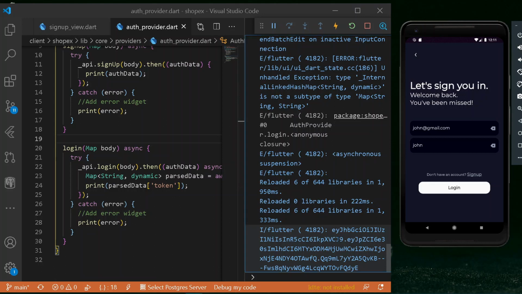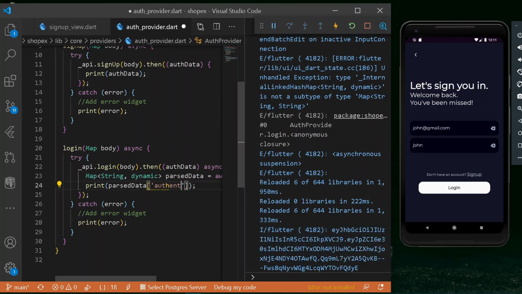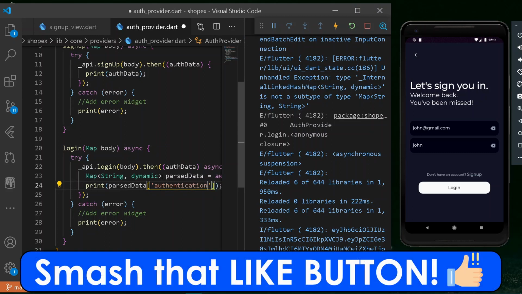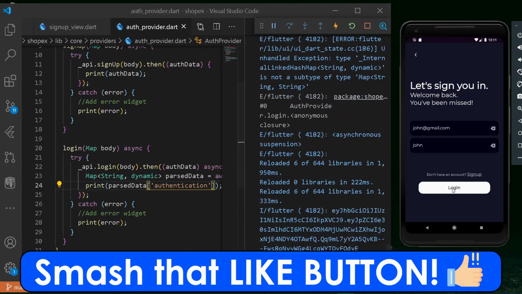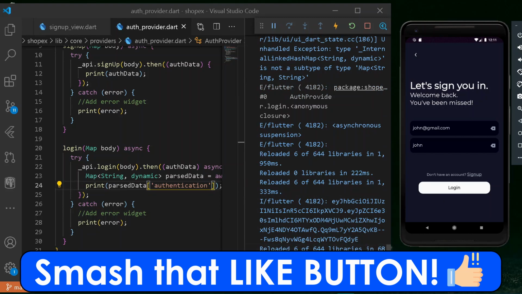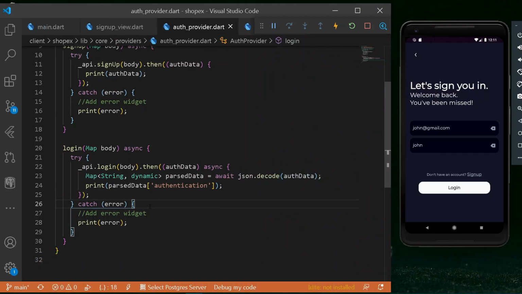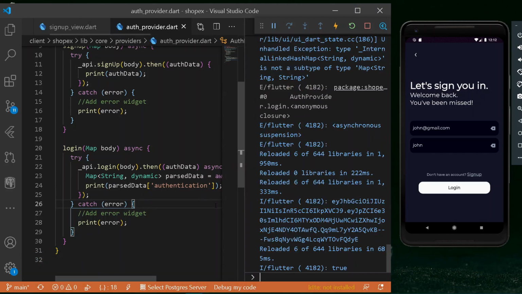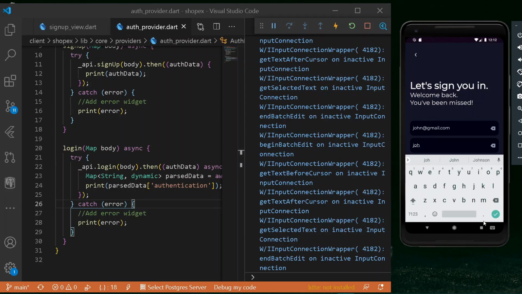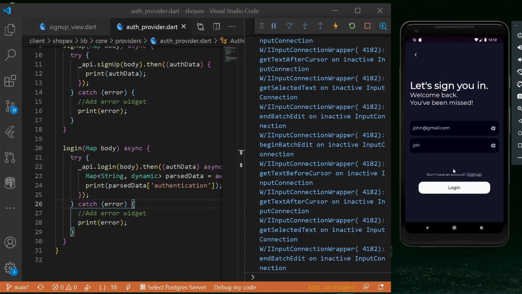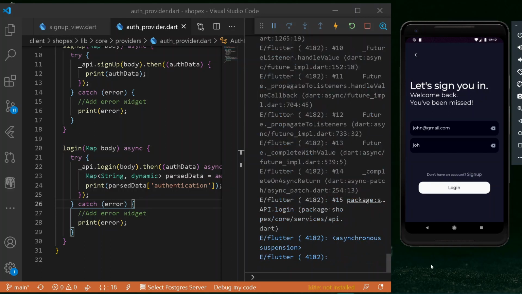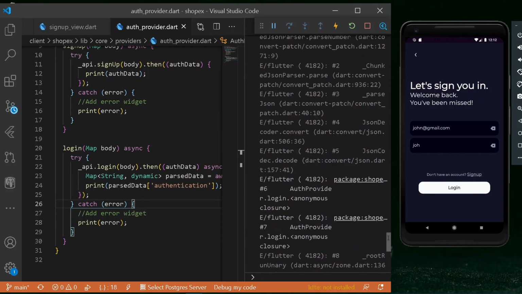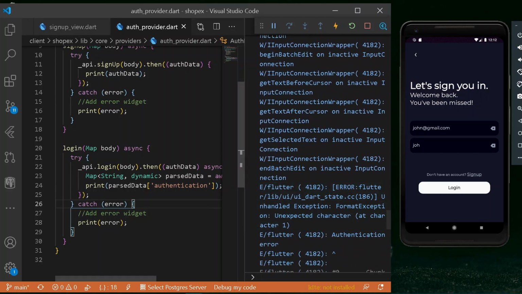Now you can see we'll be getting our following data of token, and if I try here authentication one, that is our boolean, and if I save it and log in under the application one more time, we are getting a true value and also a dynamic value, but we won't be needing this because the following data will be changing again and again. For instance, if I move under my password thing and instead of John I remove my N and try logging in, we will be getting an error. The error will be the big thick error that the following thing does not exist of our authentication.